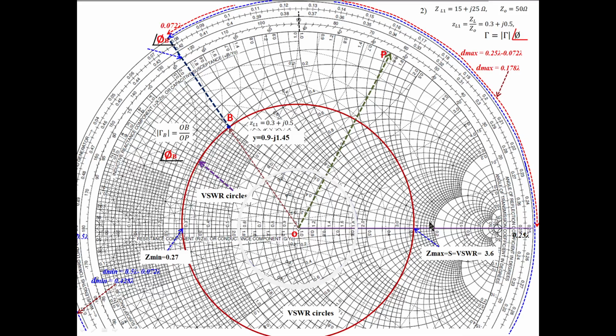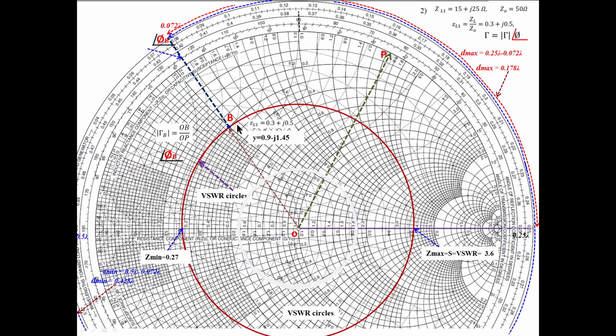Measure the distance and all, the minima distance. I have taken a second example, see like this. What is the load? This is the load given, we marked it here. We saw already in the previous class how to find the reflection coefficient, magnitude and phase, from the scales. Here scales are provided, and from them you can easily find. This is the reflection coefficient scale, and this is the wavelength scale, towards the generator scale here. From that we can find the distance.